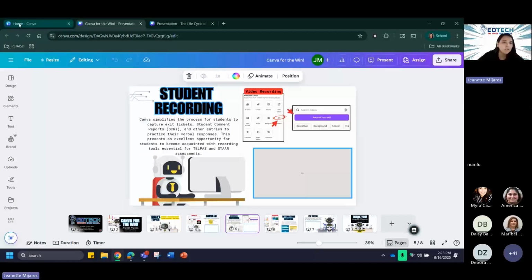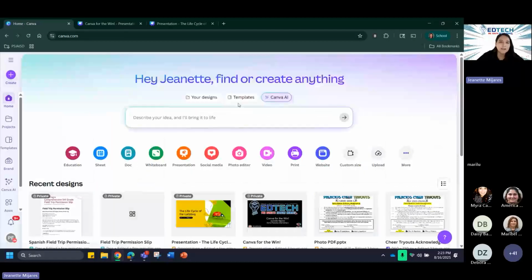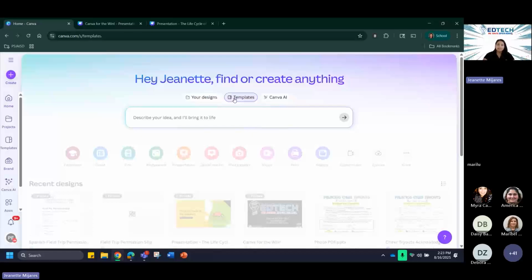So the first thing that we are going to want to do is I'm going to go into templates, like those regular Canva templates that are already created. And all I'm going to look for is a colorful table, and I will show you in just a second why. So I'm going to use that colorful